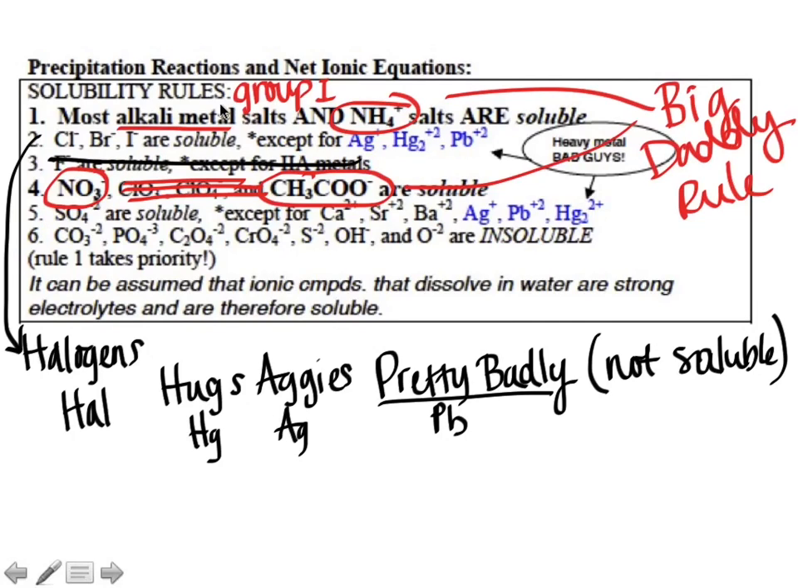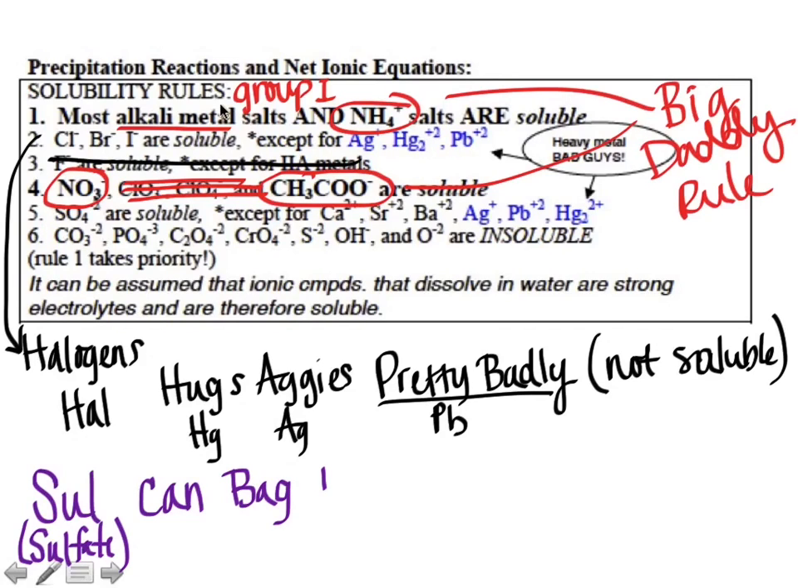SO4 2 minus. What is that? That is sulfate. Okay, so sulfates are soluble except for these 6 exceptions. So we're going to call sulfate sul. So sul is a man. So sul can bag hags pretty badly